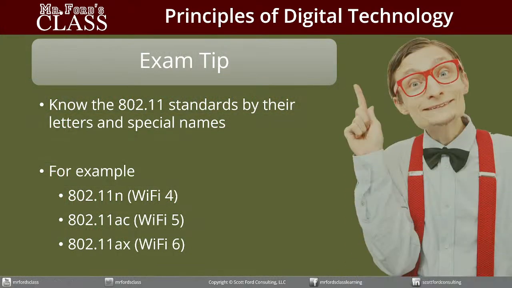So know the 802.11 standards by their letters and special names. So these are the 3 that you really should hone in on. You have the 802.11n, the AC, and the AX. So it's Wi-Fi 4, 5, and 6. The 5 and 6 became marketing terms, so they kind of started naming these like this. Because let's be honest,